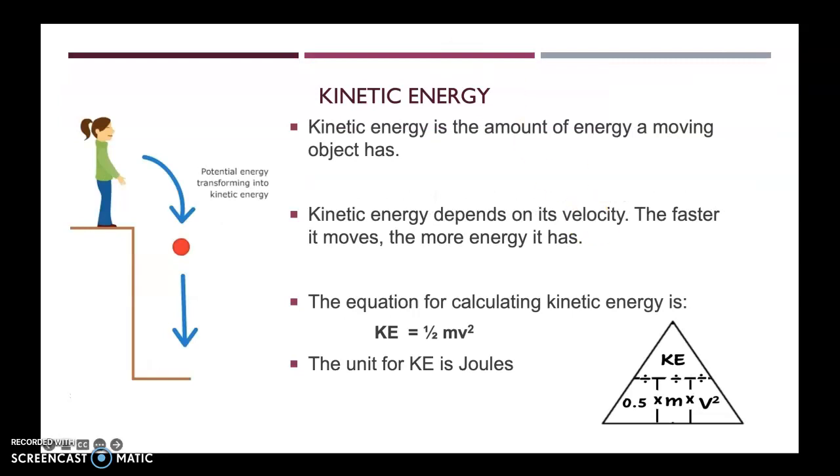Kinetic energy, unlike potential, requires that the object must be moving in order for there to be kinetic energy. So it's the amount of energy a moving object has. Now, kinetic energy depends upon its velocity. The faster it's moving, the more energy it will have. So as it's dropping,